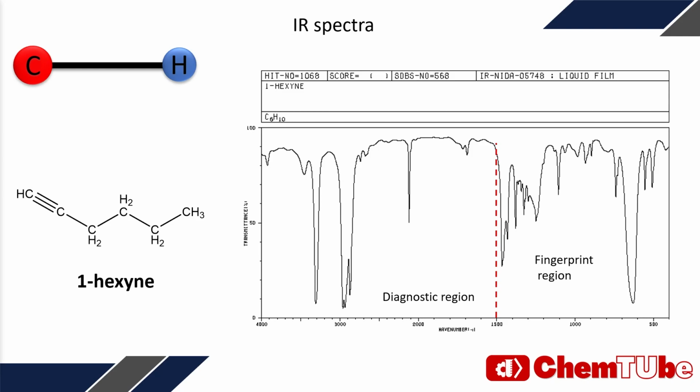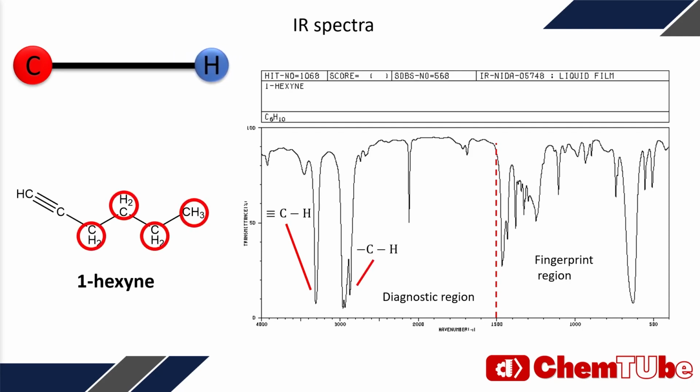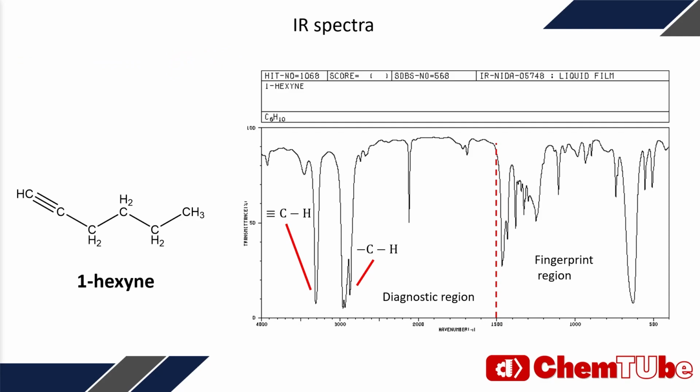Let's start with the highest wave number, so the peak around 3300. This is the CH stretch, so the one shown on the slide. Then we have the other hydrogens at a peak around 3000. So why are they different peaks? This happens because the sp carbon has more s orbital character than the sp3 carbon, making the bond between the sp carbon and hydrogen stronger and appear at a higher wave number. This is because the bond strength constant is higher and the frequency of oscillation is thus also higher. Finally, we see the triple bond around 2000 reciprocal centimeters.